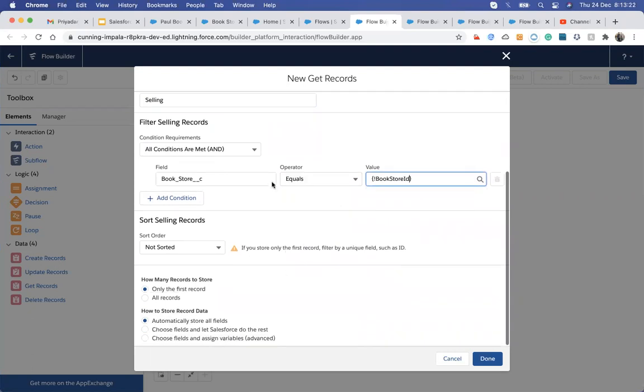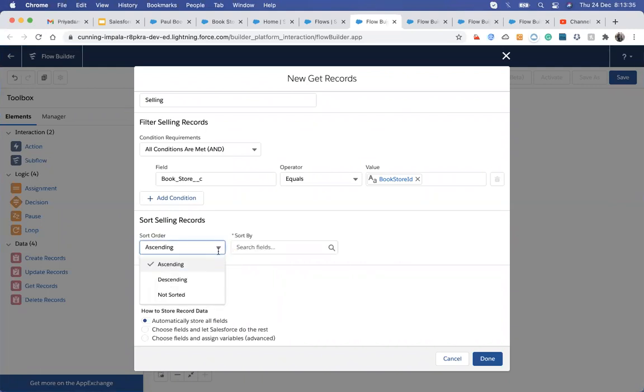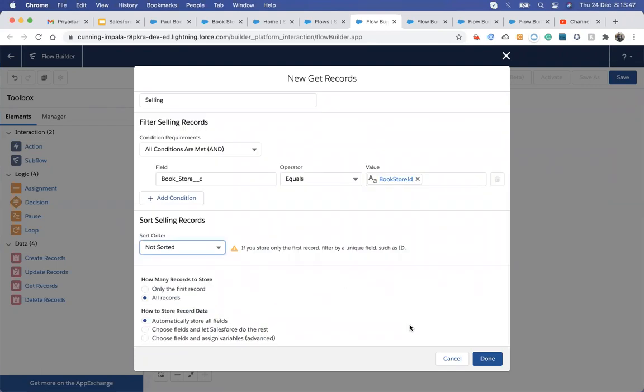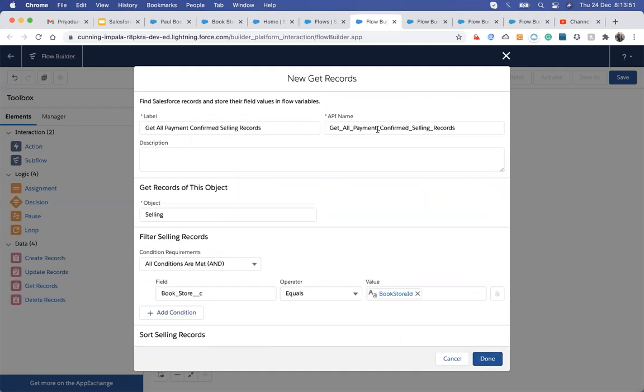In this case we don't have to get only the first record. We have to get all the records, so I'm getting all the records. I can also do sorting, ascending or descending, it doesn't matter, so no sorting really. It will automatically store all the fields. Let's change the API name to something smaller.